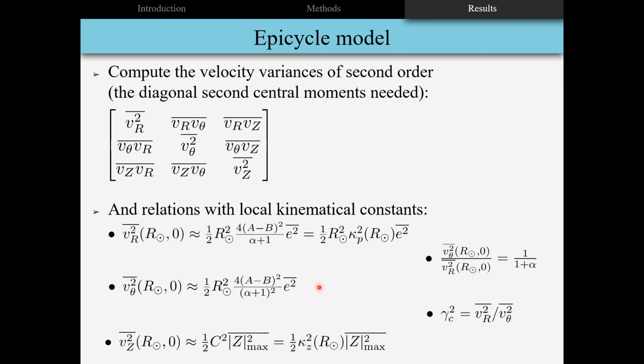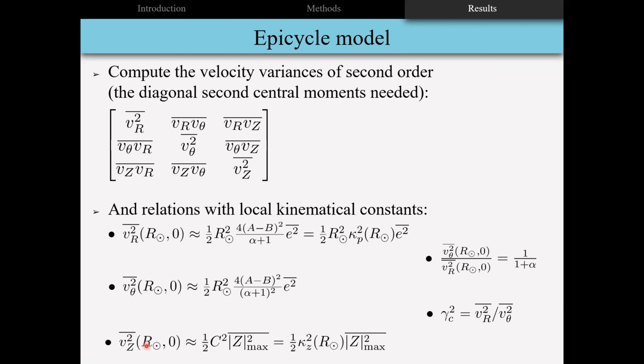And we analyze how these relationships constrain the ratios of semi-axes of the velocity ellipsoids. And it is necessary to adopt a more general approach than the classical epicycle model, because if we want to consider the asymmetric drift in our stellar samples, this was necessary. So that's what we have done also.